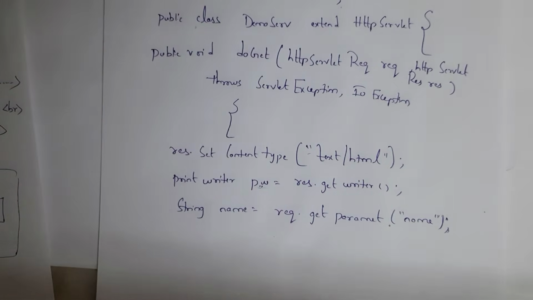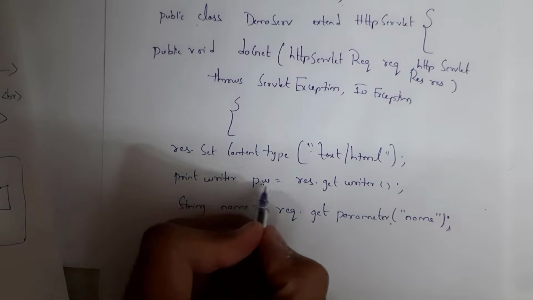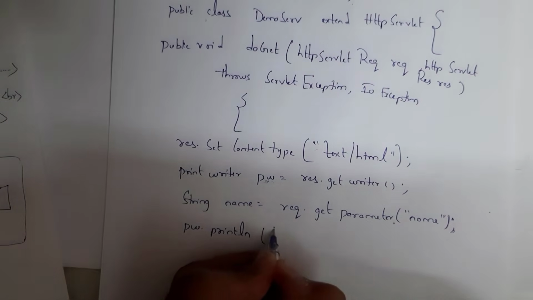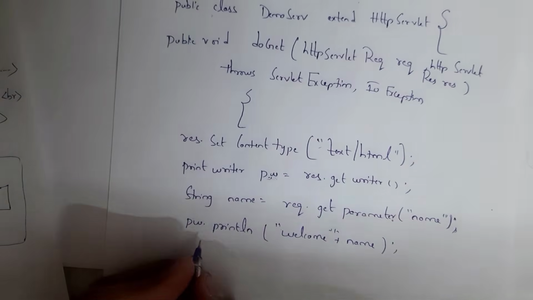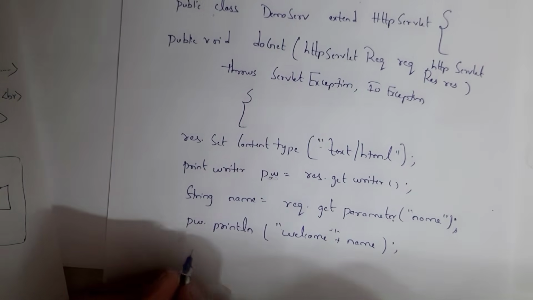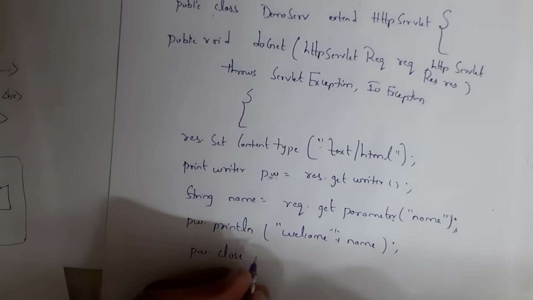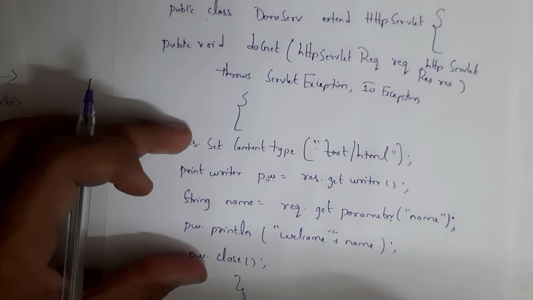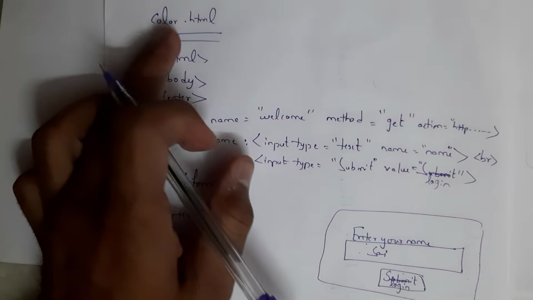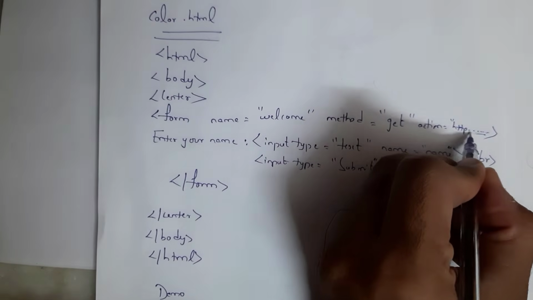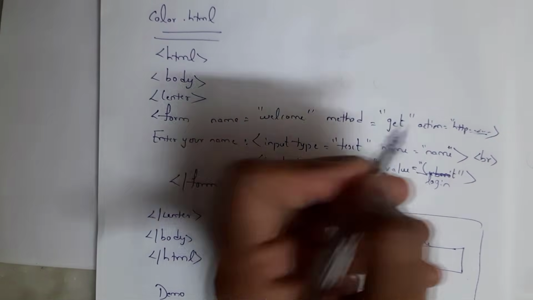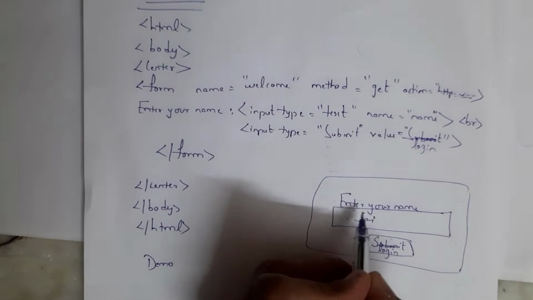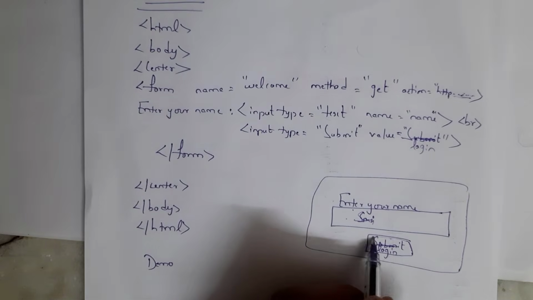I will write the program so that you can clearly understand. Here I gave the PrintWriter name as pw, so here also you need to take pw.println of welcome plus name, and after that we need to close the PrintWriter. PrintWriter is used to generate output. pw.close, and you need to close this, and similarly close this. The meaning of this code is, for example, in this color.html, the action equals the URL I have given. If you click on this URL, you will get a screen like this, and inside this screen I have entered my username as Sai, and then I clicked on login.